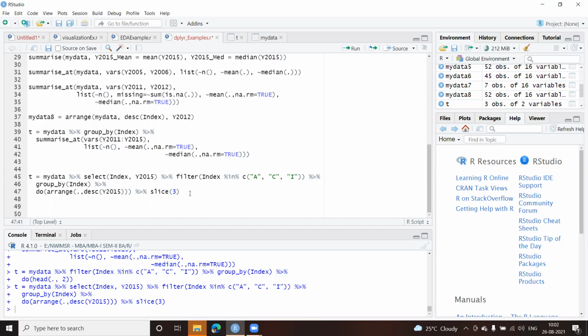Fine, so I think it's already 10, so we'll stop here today. When we come, there are very few functions like mutate, which we have already done, and some join functions, which we need to cover. So we'll do join, especially left join and inner join. Then we'll do the mutate function. We'll see intersect function. And there's a very compact if else function, which I'll show you when we come next. So that's all for today.